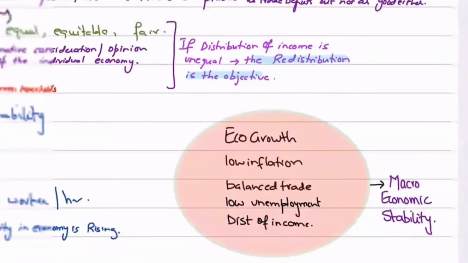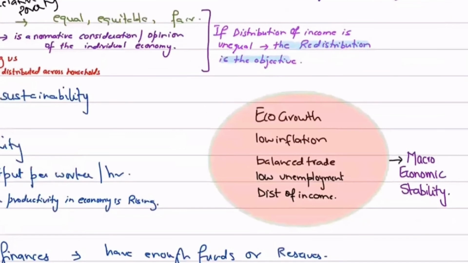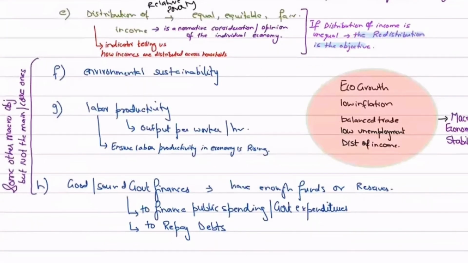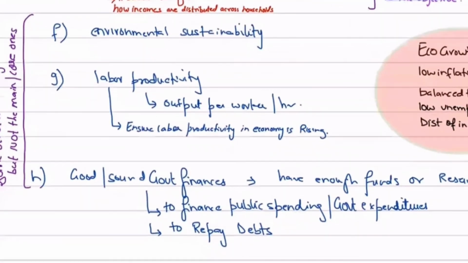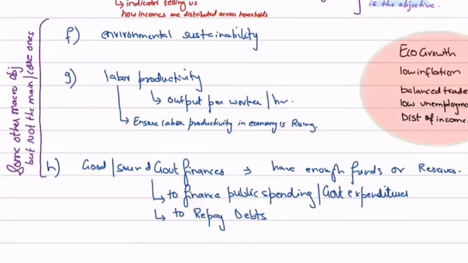Moving forward, remember that apart from our core and main macroeconomic objectives, there are some other macroeconomic objectives as well. And these are secondary objectives. ऊपर वाले प्राइमरी थे, ये सेकेंडरी है. ठीक है, ये भी करने होंगे गवर्नमेंट को, बट अगर ये नहीं हो रहे इमीडिएटली तो उसका मतलब ये नहीं है कि गवर्नमेंट इकोनॉमी परफॉर्म अच्छा नहीं कर रही. फॉर एग्जांपल, अगर एनवायरमेंटल स्टेबिलिटी नहीं है इकोनॉमी में, राइट?